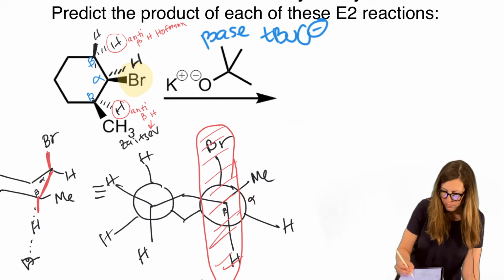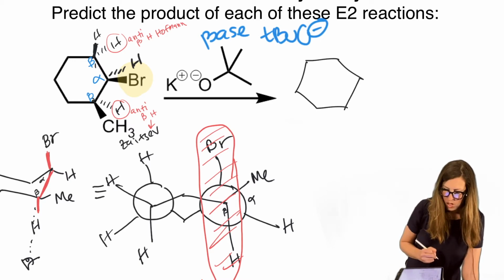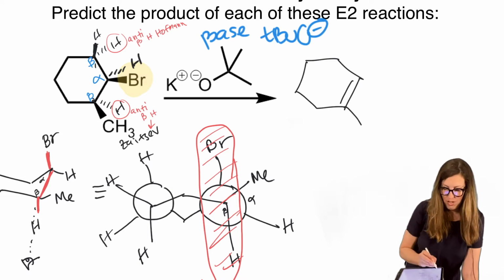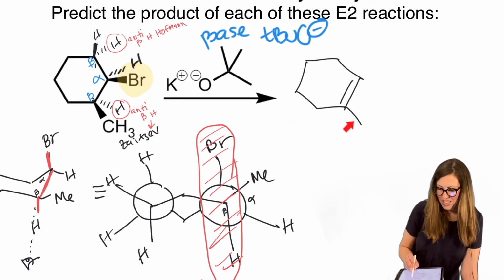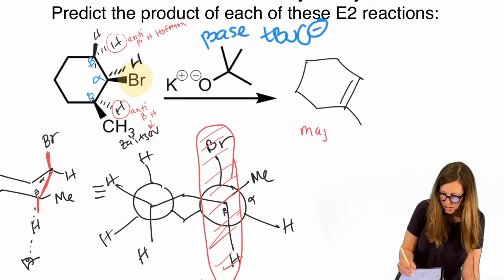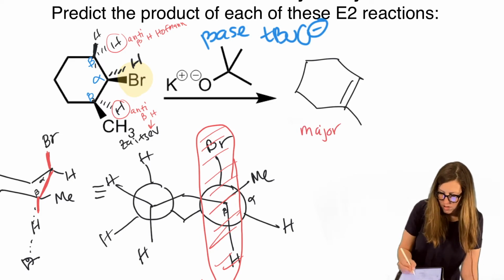So let's draw them both. Okay, so if we go down here, leaving group's gone, methyl is here. Do not put the methyl on a wedge. It used to be, why can't it be on a wedge anymore? This is sp2. sp2 is trigonal planar. No more wedges and dashes. Not a stereocenter anymore. Do not put it on a wedge. It's planar. It's wrong if it's written on a wedge, okay? All right, so major, that's our Zaitsev.